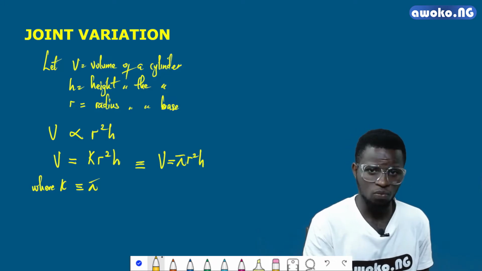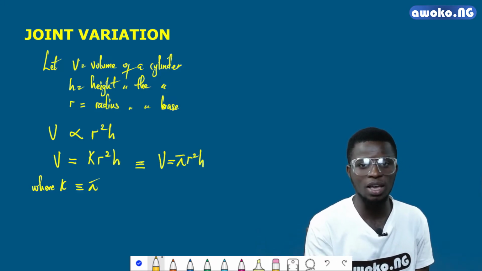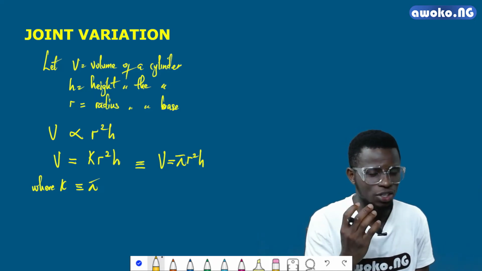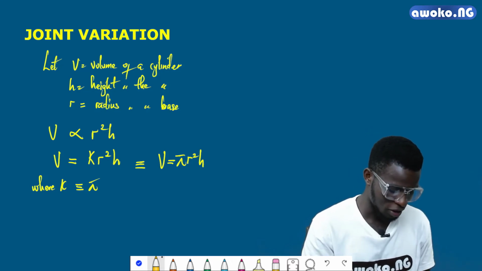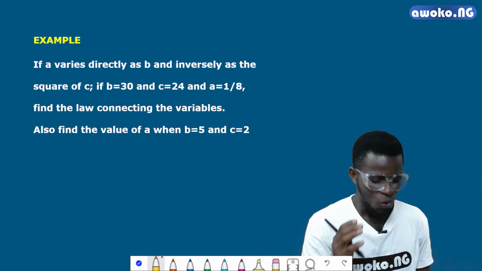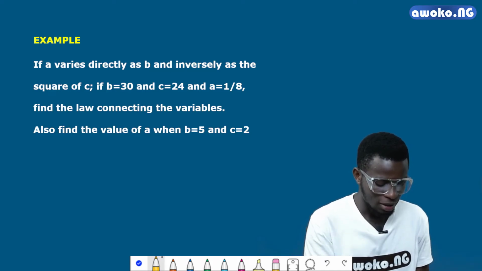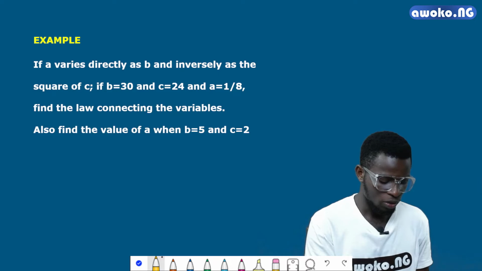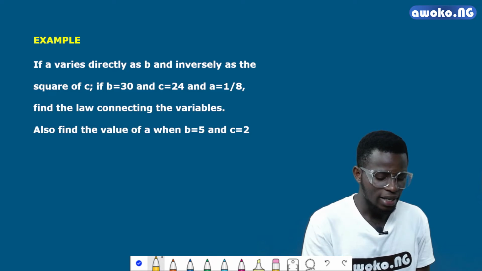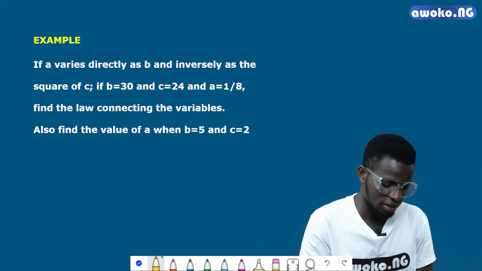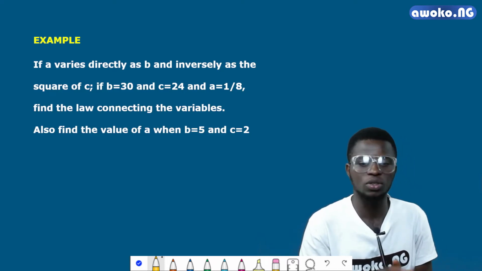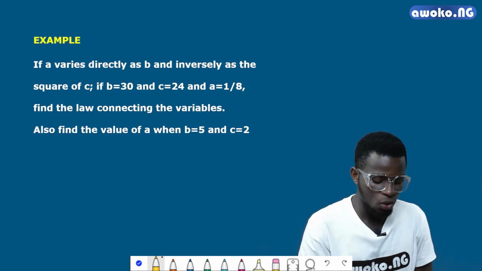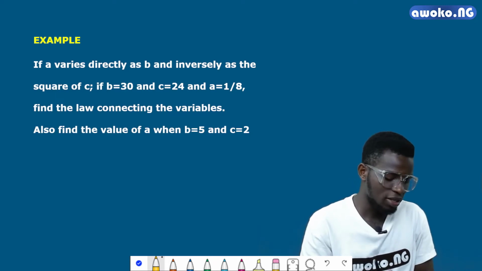In the next slide, we are going to study some examples and see how we can apply our knowledge of joint variation. So let's go to the problem solving approach. Here is the problem. We're asked to find these values. We're told that A varies directly as B and this same A varies inversely as the square of C. If B equals 30 and C equals 24 and A equals 1 over 8, find the law connecting the